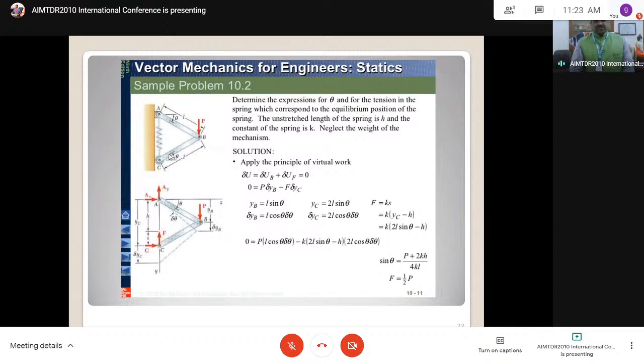In the unstretched position, the spring has a length, and the spring constant is K. Neglect the weight of the mechanism compared with the forces and the internal members. Now we apply the principle of virtual work. Draw the free body diagram first. If you draw the free body diagram,